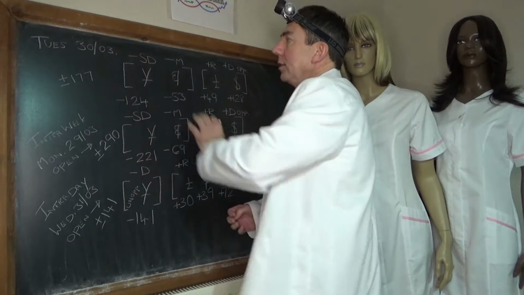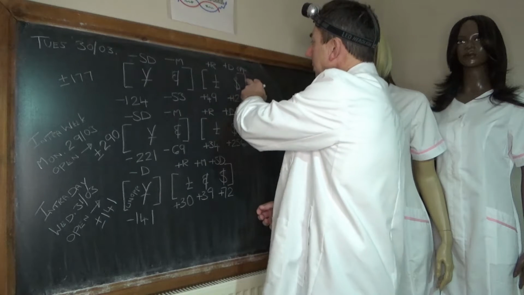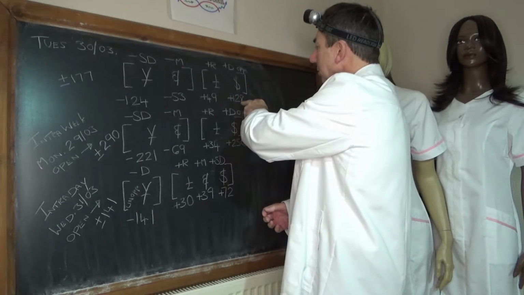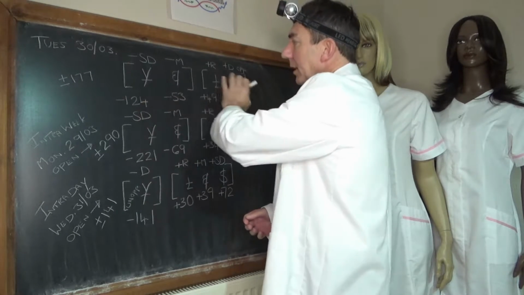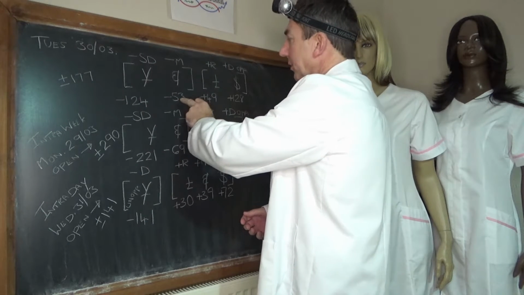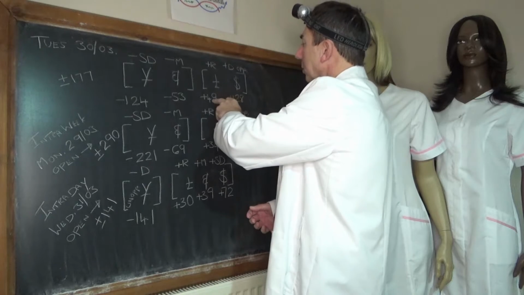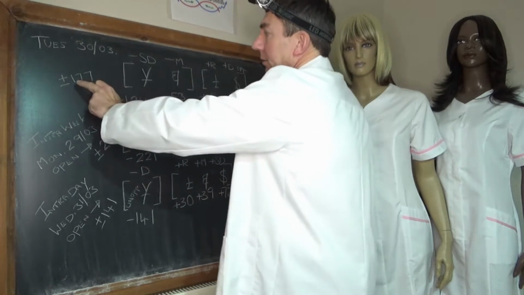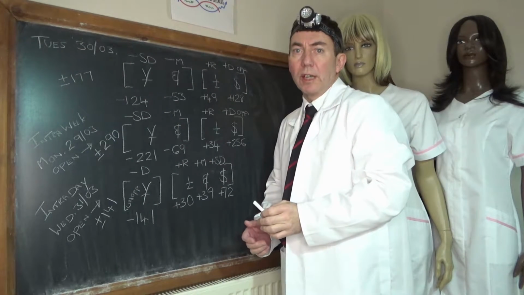Right, yesterday then, Tuesday the 30th, we had a positive opposed driver in the dollar at plus 128, front and back door flows mainly coming out of the yen at minus 124, next out to the euro at minus 53, and the pound was the positive rock at plus 49, activity plus or minus 177.